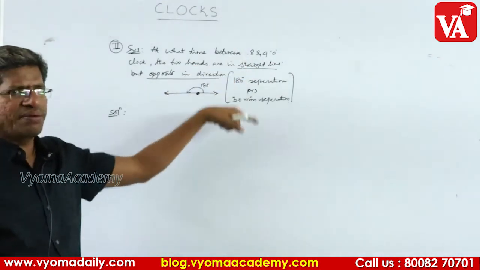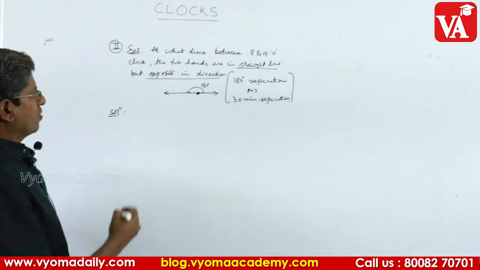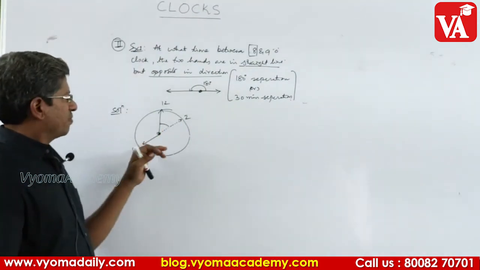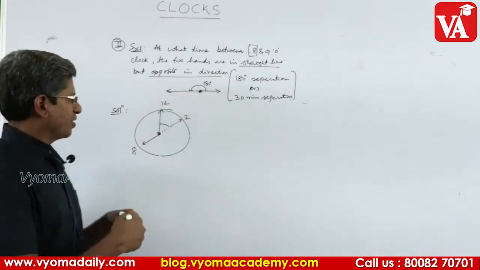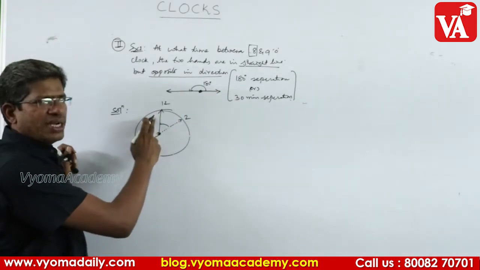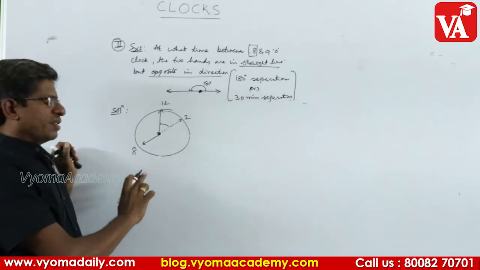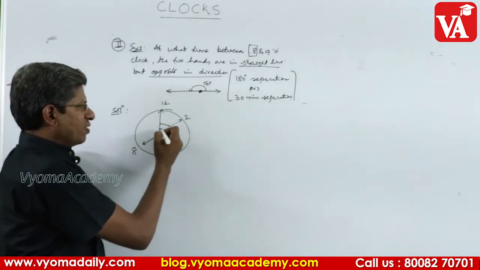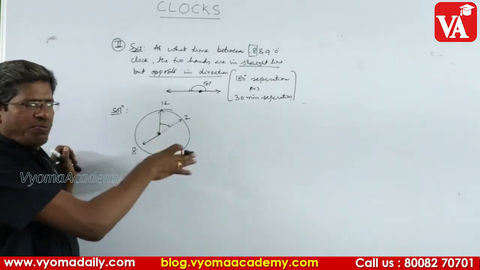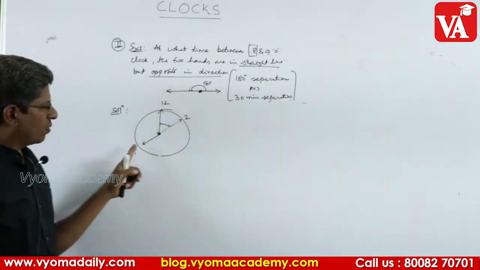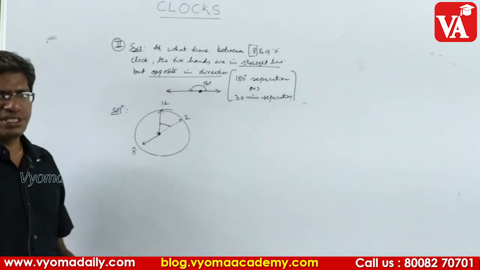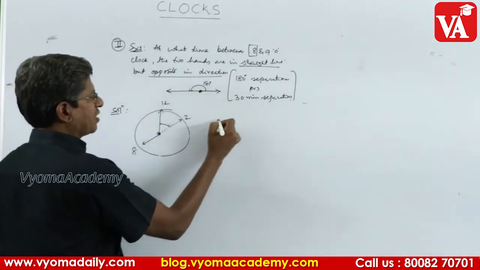This is in the same line as the previous model. So what is the first step? Here the condition is opposite in direction, therefore you must think of the long hand coming opposite to the short hand. So which number is opposite to 8? 2. Therefore now you decide how many minutes it has to come forward so that the two hands will be in the same straight line at 180 degrees, right? Therefore how many minutes is it coming forward?